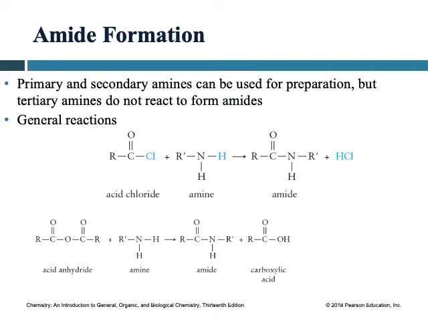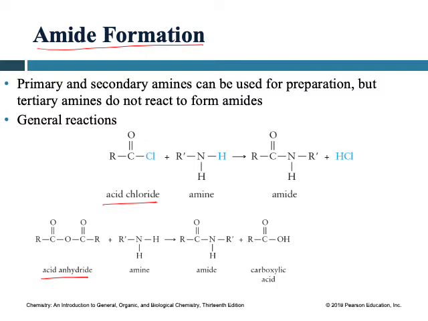So now we're going to see how we form an amide compound from two different compounds. An acid chloride or acid anhydride, but you can also make it from a carboxylic acid too, but that's not the right way of making an amide bond, because those reactions are reversible and they normally don't give enough amide compound. But if a carboxylic acid reacts with an amine or ammonia, you can easily form